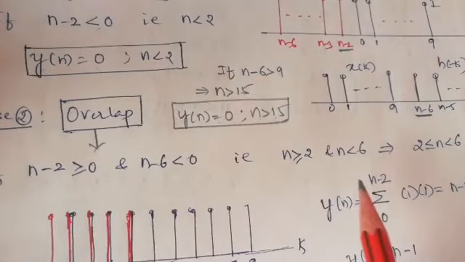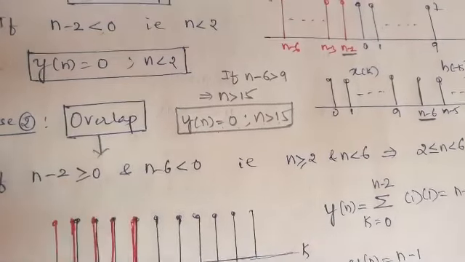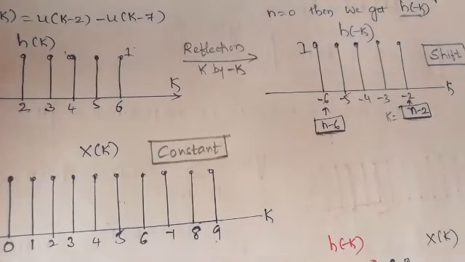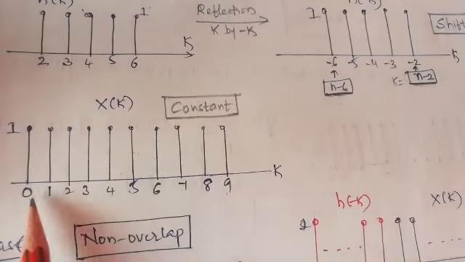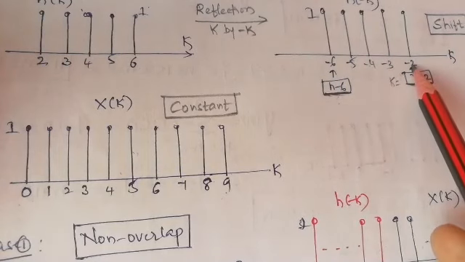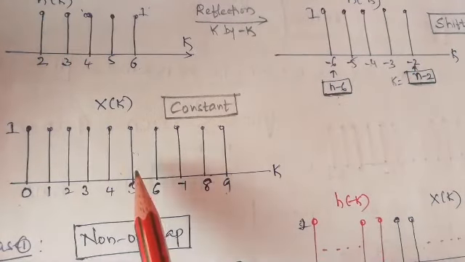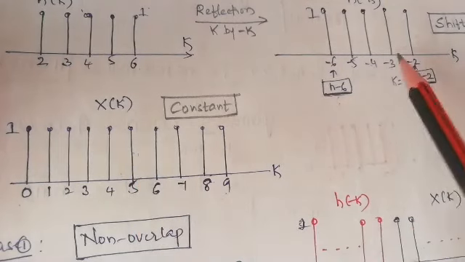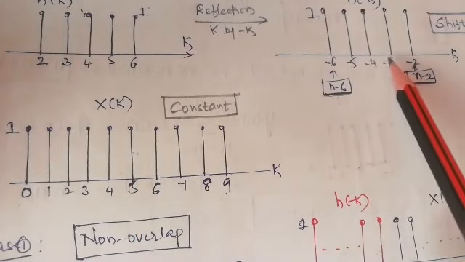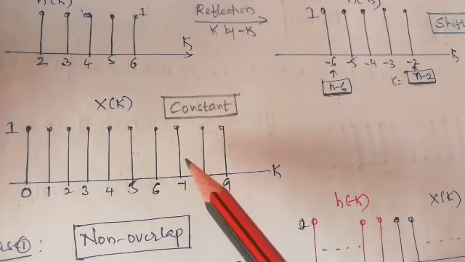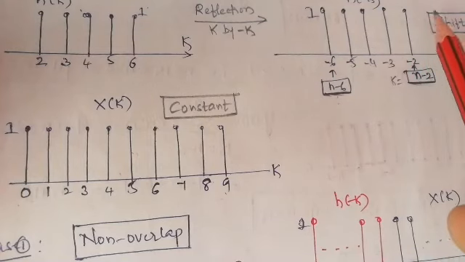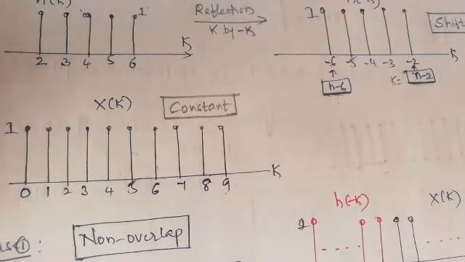Slowly shift the second signal over the first signal, and before shifting, check the overlap cases. Let us observe the number of samples in each sequence. The first sequence has a total of 10 samples, the second sequence has 5 samples. Hence the first sequence is longer than the second sequence, so the second signal fits entirely into the first signal. This we can observe here.